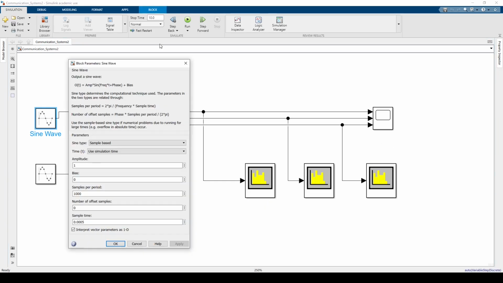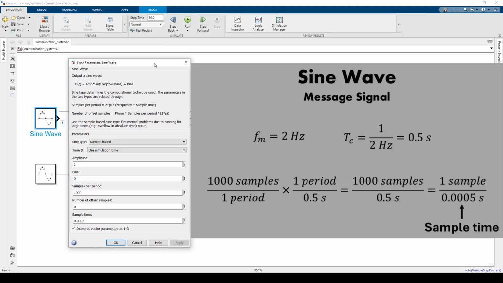For the message sine wave with the frequency of 2 Hz, I set the amplitude to 1, set 1000 samples per period, and set the sample time to 0.0005. 2 Hz is 0.5 seconds in the period. If we set 1000 samples per period, and one period lasting 0.5 seconds, there would be 1000 samples in 0.5 seconds. So that means one sample would take